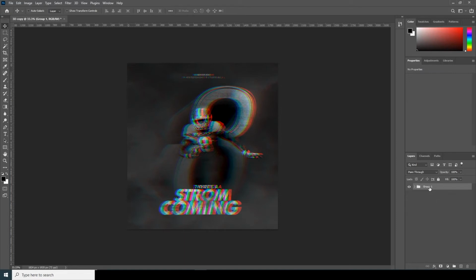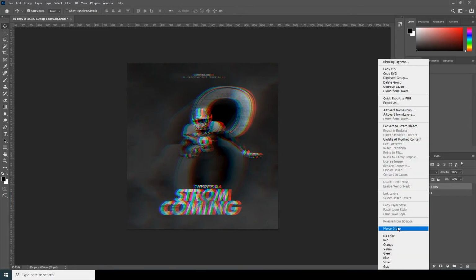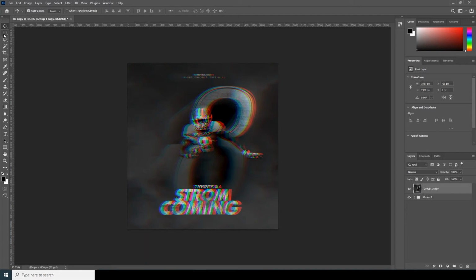Let's make a duplicate, Ctrl J, and right click, merge group. Now select the rectangular selection, and let's make a selection, and press Ctrl and the arrow keys to move it. And this part is gonna be a little time consuming,